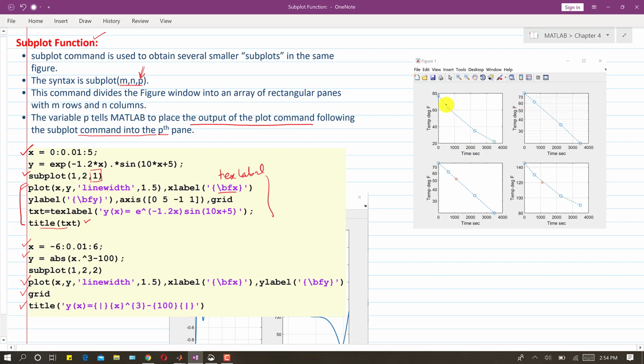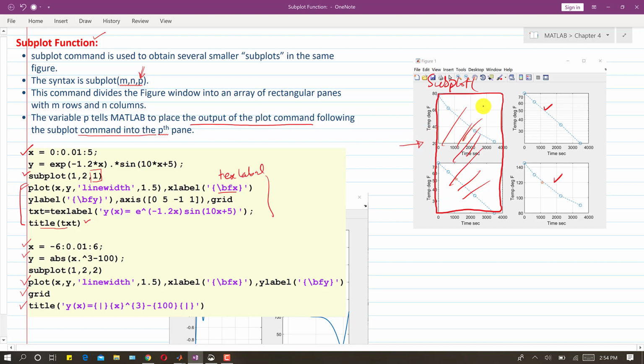Sometimes we want to have a single subplot here. Let's suppose I want to have a single subplot here, and 2 subplots here. What will be the address of this? Before plotting this function, I will write subplot, and if we want to have this whole subplot here, this will be considered as one row now.